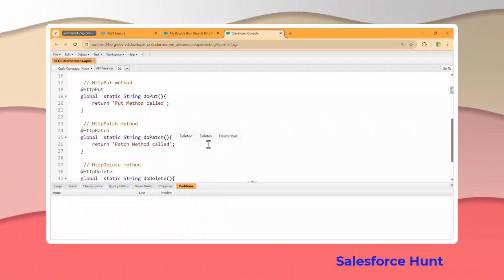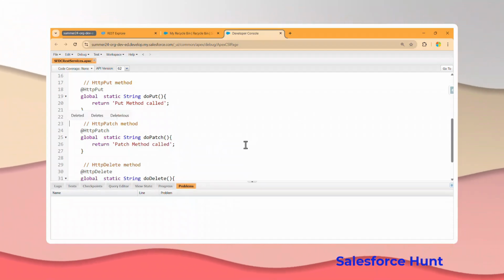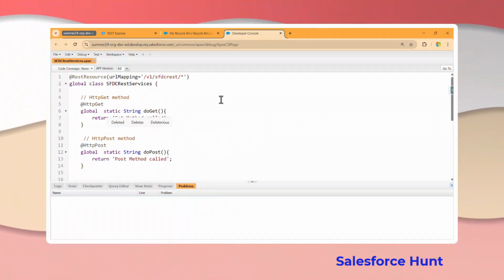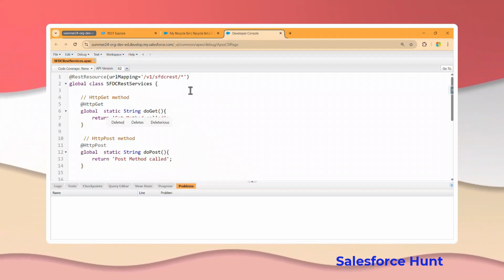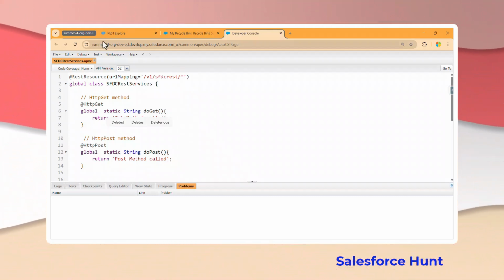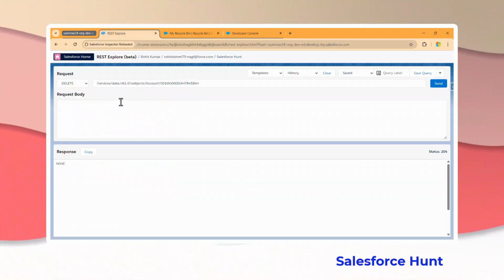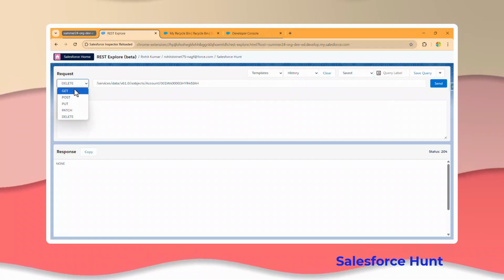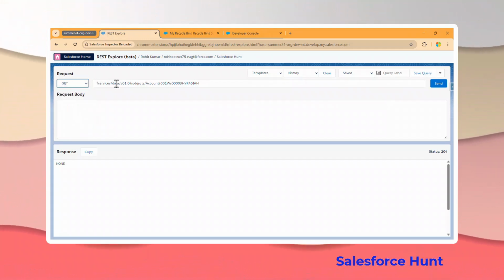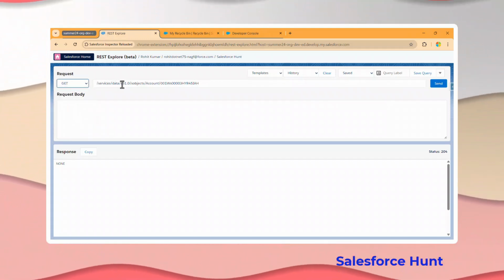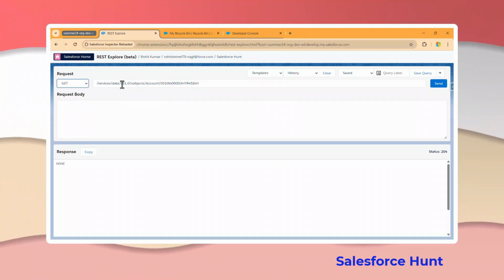Okay, this time I think it's successfully saved. Now how we can consume these REST services using REST Explorer in Salesforce Inspector. So you have to do one thing. Under here, you have to change this method first of all, like GET, and after that you have to change this URL. So if you have your custom,